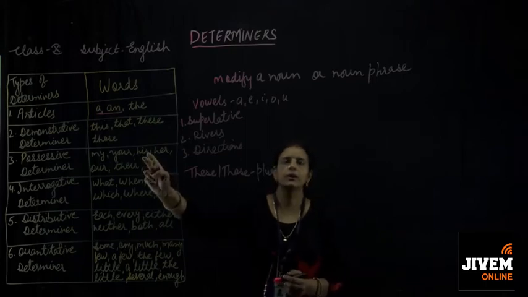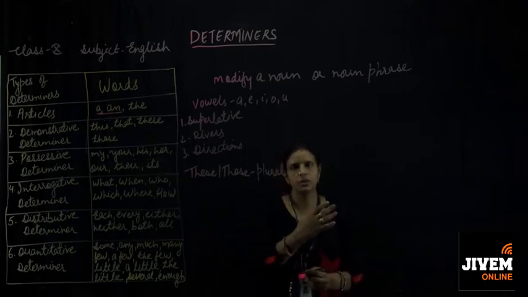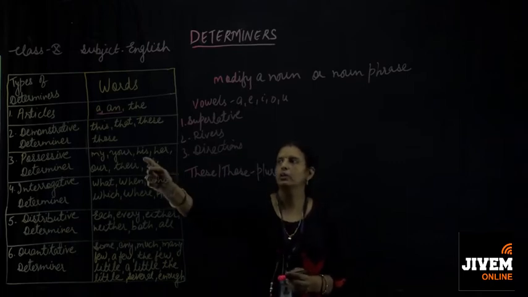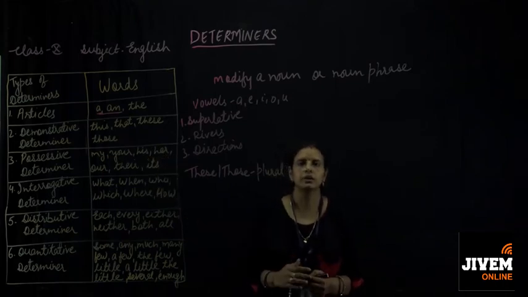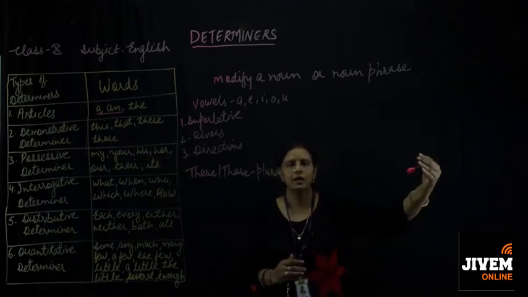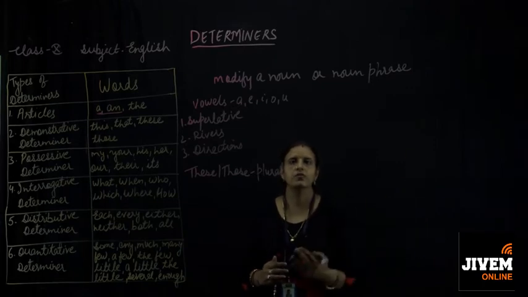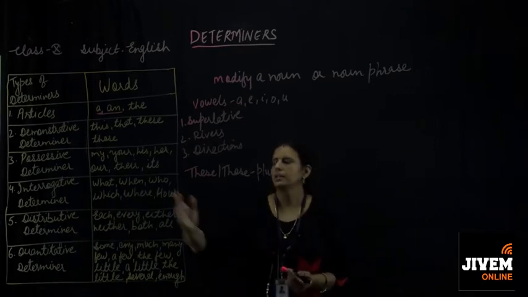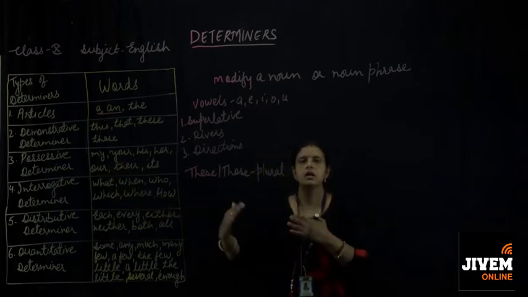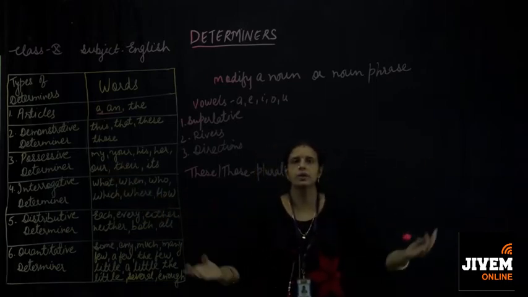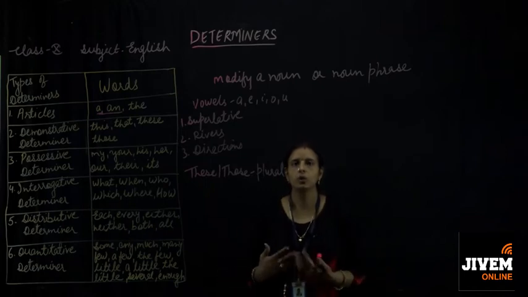His is used when the noun is singular in form and we are talking about a male or a boy. We will use his as the possessive determiner. And her is used for a girl. This is her bag. Her bag shows that it belongs to a girl. Then we have our. Our is used in the plural form. This is our house. Our house is very big. It means we are talking about our own house.